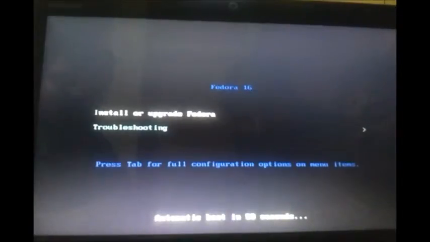Pressing enter will try to boot your Windows or any other system from a CD. You will find two options. One is install or upgrade Fedora. The other is troubleshooting, which is usually used for recovery mode. We should use install or upgrade Fedora since we do not have an installed Linux system already in your system. From now onwards, the CD will do all the work of installation, copying files, etc.